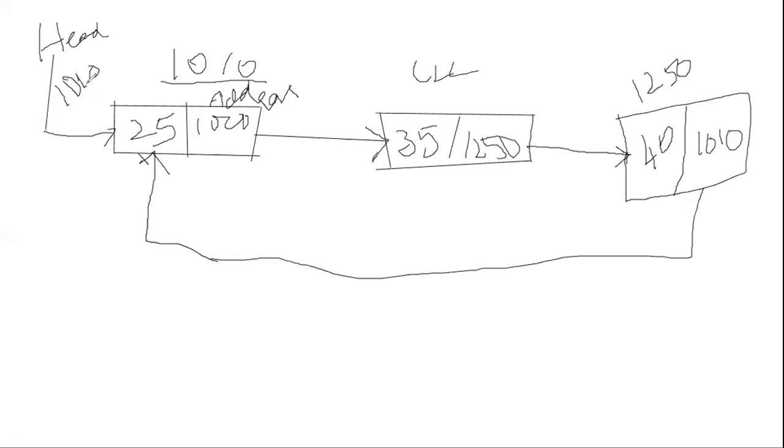Here you see, I didn't change the head. Why? I have changed the tail. I told you already, I have changed the tail. The address of the tail I have changed. I didn't change the head because the head always points to the first node, because I didn't add the node at the beginning. I have added at the end. So guys, please understand.